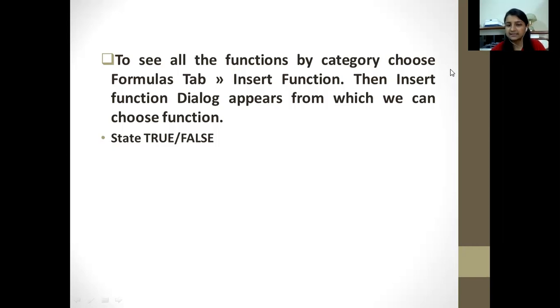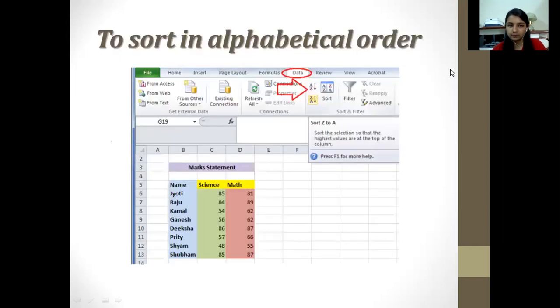So these are the steps which have been given to you. This is how we can open the sort option. Okay. So now, to sort in alphabetical order, I have explained much about the alphabetical order one. You can see that this option is in Data, and you can observe it.